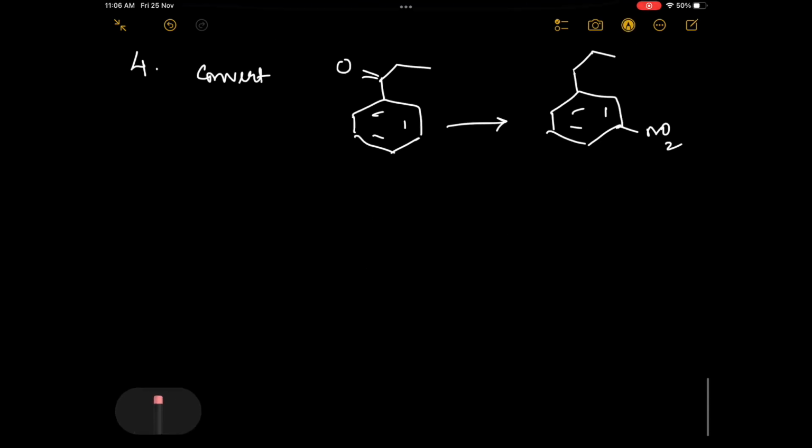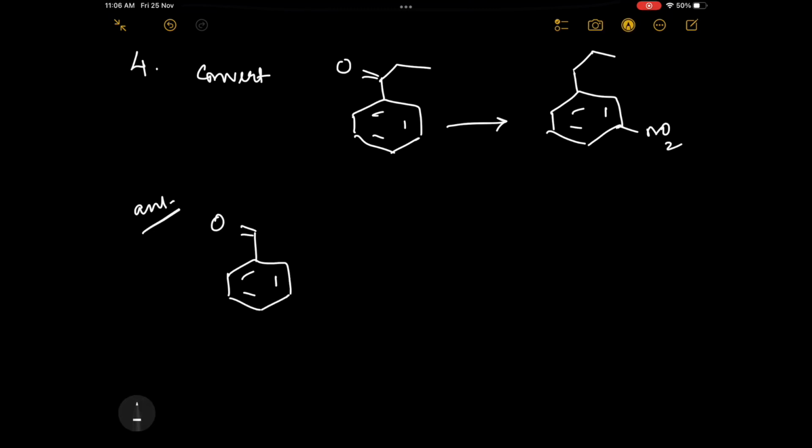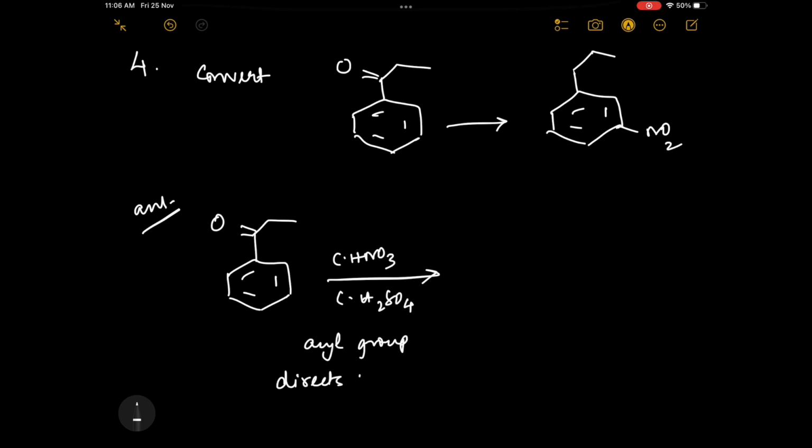So it is not the acyl anymore, it is alkyl, and we have to make the meta-nitro derivative. As we know, all acyl groups deactivate the benzene ring and hence are meta-directing in nature. So if we just do direct nitration of this benzene ring containing the acylated functional group, we get the meta-nitro